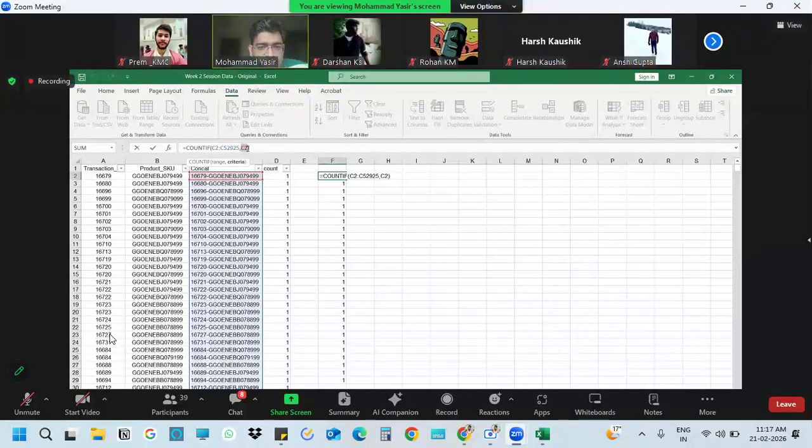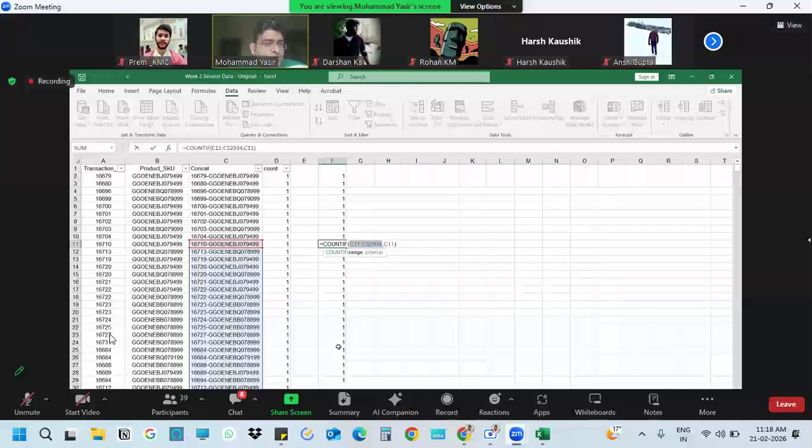Now, if I drag this formula down, it is checking C11 instead of C2. Instead of C52,925, it has reached up to 52,934. There are no values in 52,934, right?